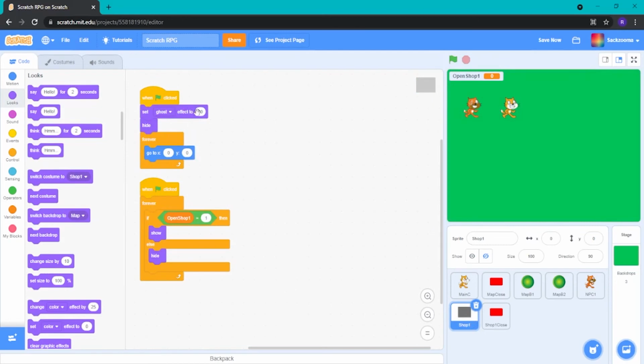Nothing really has changed that much. Nothing changed here. On shop 1 close, we also need to change this. Change open shop 1 by -1. We need to just set that back to 0. So just grab a set open shop 1 to 0 block here, put that there, and instantly the game is so much better,